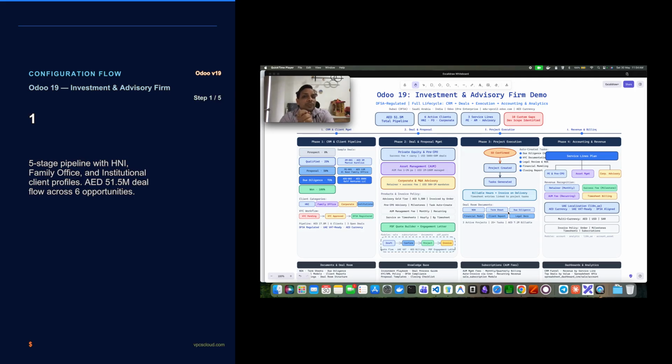So here you will see that we have a different CRM lead where the customer management is. The customer cycle will start from pre-sales in the CRM, then the CRM opportunity, then we go for the deals to be executed, and then we go for accounting and analytics. This is a specific coverage where you can go with any localization. I told you that it can be done, because for this company, I just give the example where they can implement this finance-specific advice from India, Dubai, or even Saudi Arabia or any Arabic country for the purpose of